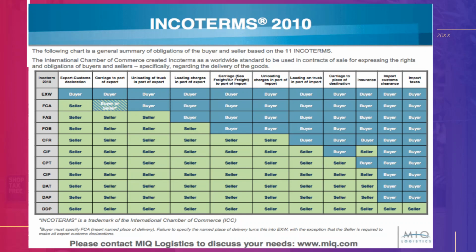The buyer has to do the clearance, carriage to port, unloading, everything up to the place of destination, and the insurance. Everything has to be done by the buyer. Okay,